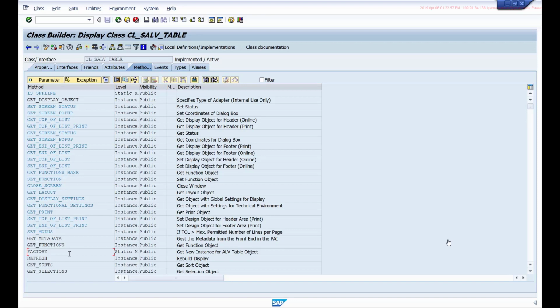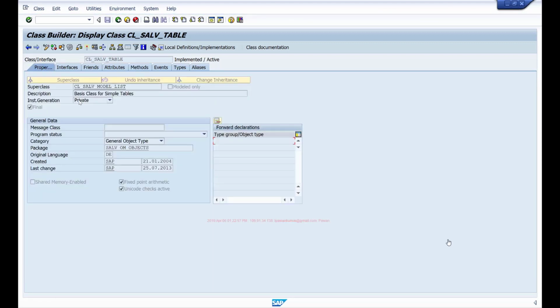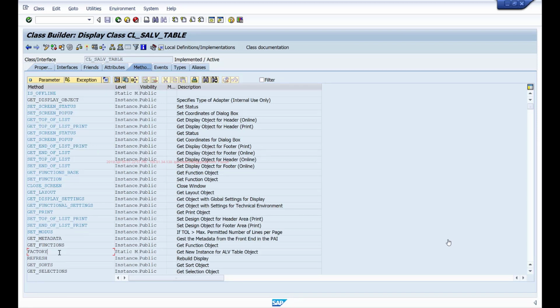So this we call singleton design pattern, where they want to ensure that only one instance exists for the ALV in your program. So if they allow you to instantiate in your program, then you can create multiple instances of this ALV in your program. So to ensure that only one instance exists, they have made this instance generation as private, so that if you use a create object statement in your program, it will give an error saying that this cannot be instantiated. However, they have used this factory method, where we call this factory method, pass our object, and it will basically export the reference object when you call this method.